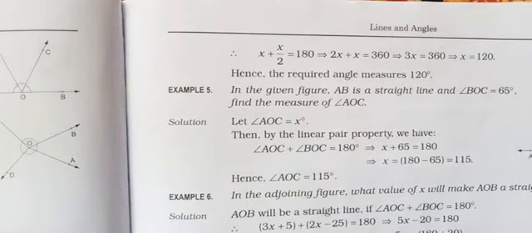Obviously, if we take 120 degrees, then its supplementary angle is 60 degrees. Now if we double 60 degrees, then we get 120. So 120 is double its supplementary angle.